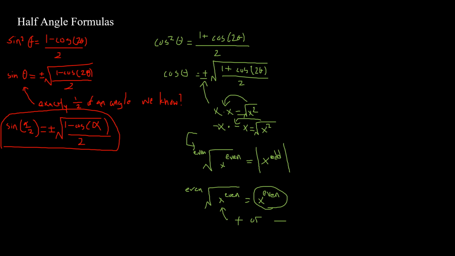But in this case, if you get x to some odd number, well, if x is negative, then a negative number to an odd exponent is also going to be a negative number, and then you would get a negative number as a result of an even root. That can't happen. So that's why you need to put absolute values. That's just a thing to take note of, and just a little bit of Algebra 2 review. So let's get on with the proof.